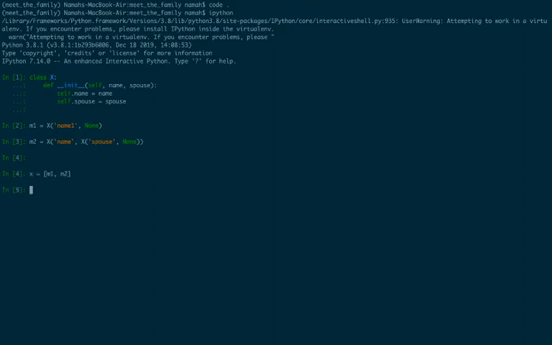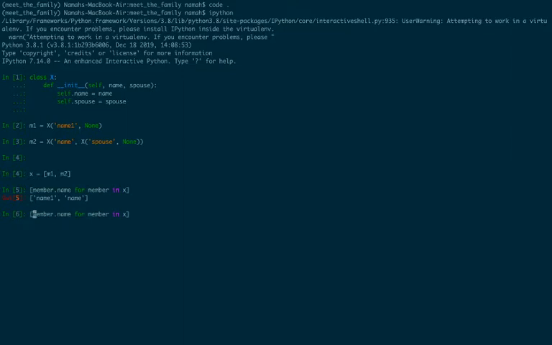X equals this. So what I'm going to do is create a list, and we are going to say for member in X, let's just say member.name. So you're going to get name1 and name1 and name, right? That's how the list works.